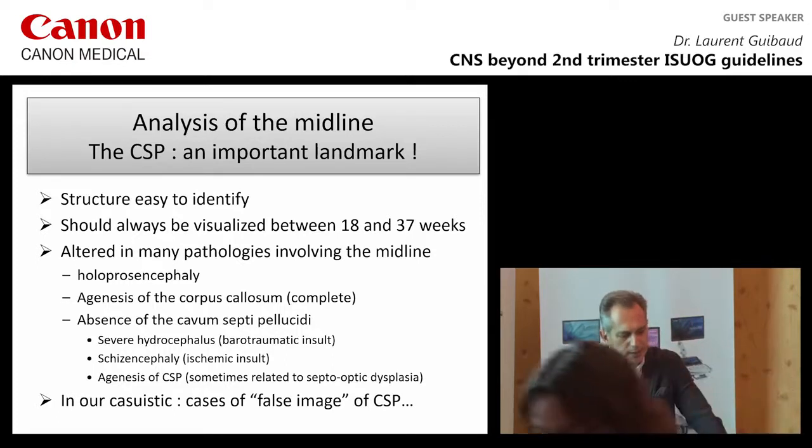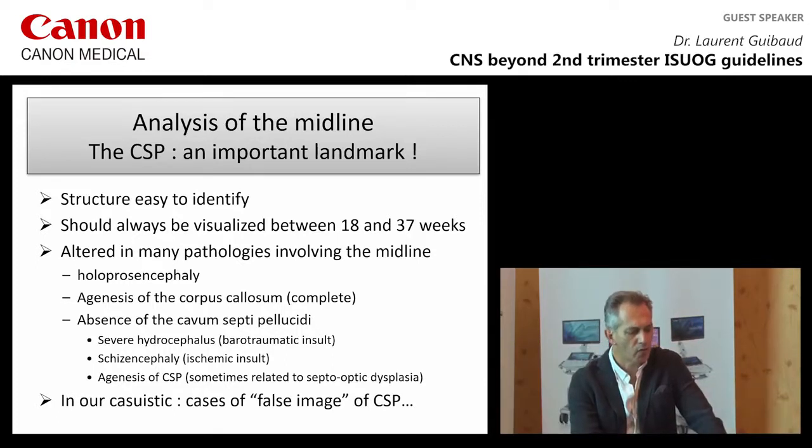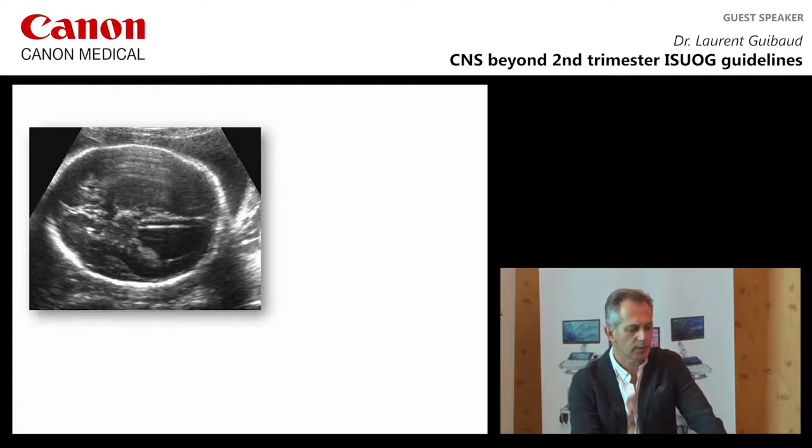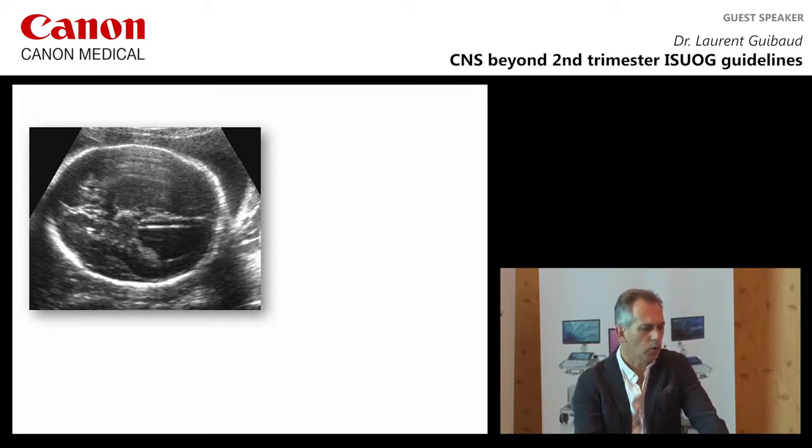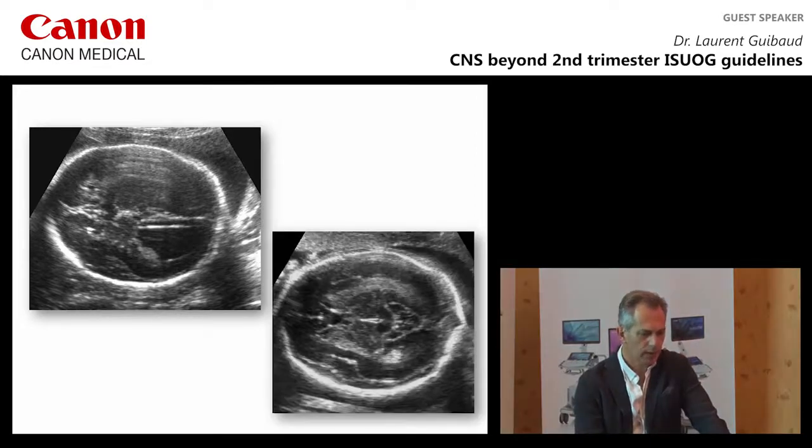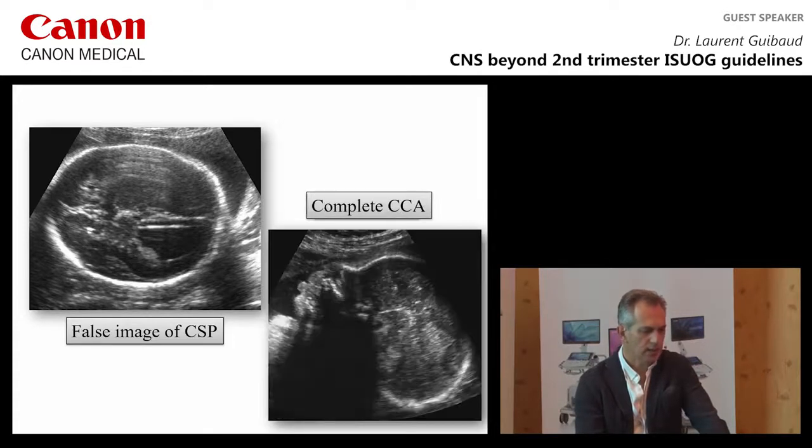But in our casuistic, we have cases of false image of the cavum septum pellucidum. Like in this case, this patient was referred for ventriculomegaly, and the cavum septum pellucidum was described as normal. But what you see here is not the cavum septum pellucidum. In fact, it's dilatation and displacement of the third ventricle. If you compare to a normal case, and this is the sagittal view, this patient has a complete agenesis of